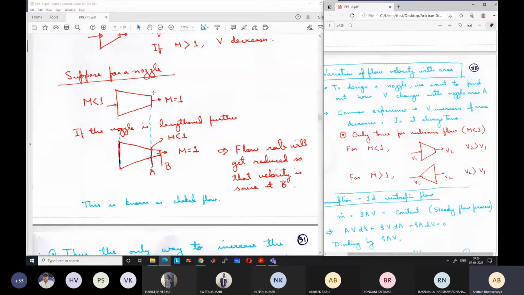No, sir. It is not possible. Why is it not possible? Because once the velocity reaches Mach number 1, say it has reached Mach number 1 at this point. Okay, so I can use the pen here, right? Say it has reached the Mach number 1, meaning sonic velocity, at this point.